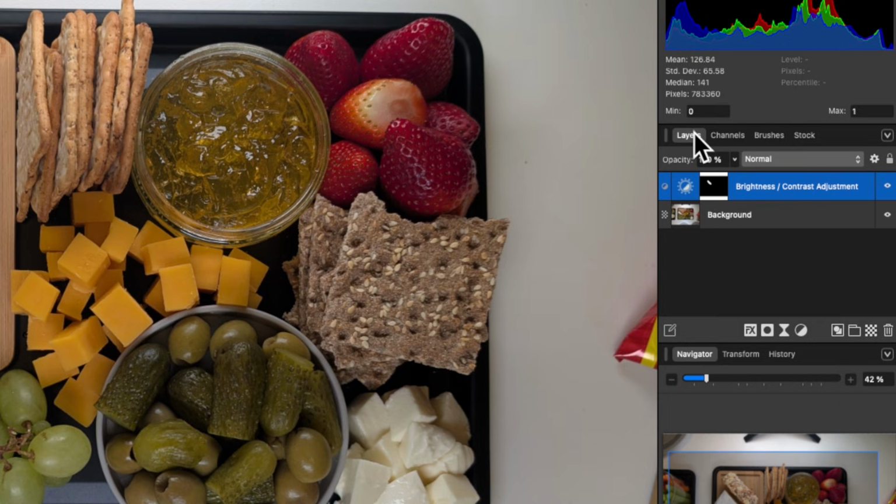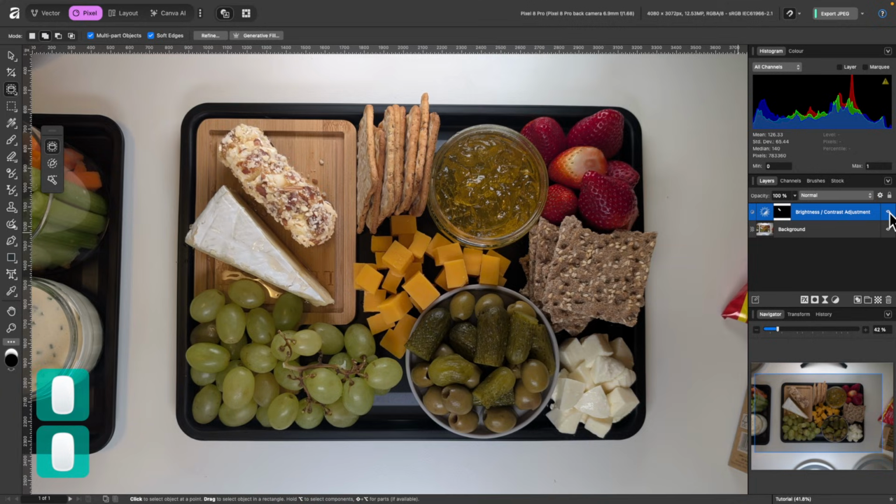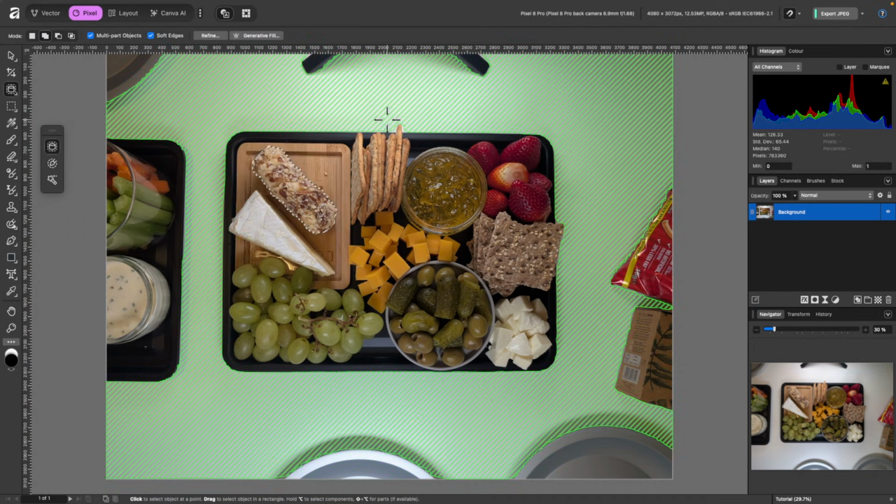And you can see in the Layers panel, we now have a new layer called Brightness/Contrast Adjustment. And there's our mask that we created using the Object Selection tool. If I don't want that anymore, I can just delete it, or if I just want to see what it looks like without it, I can toggle the eye on and off like that. So let me just press Command Z until it's gone back to before I added that adjustment.